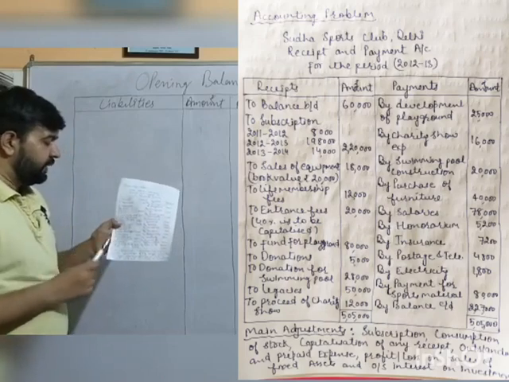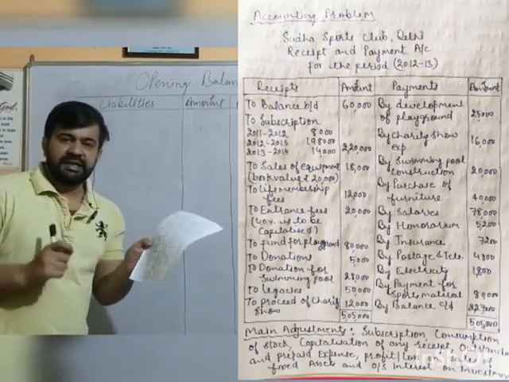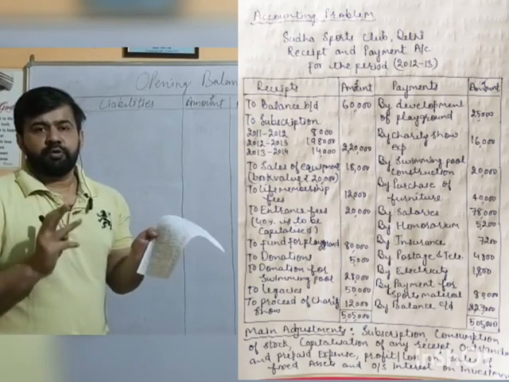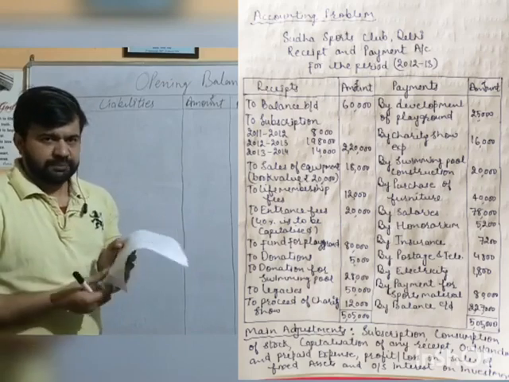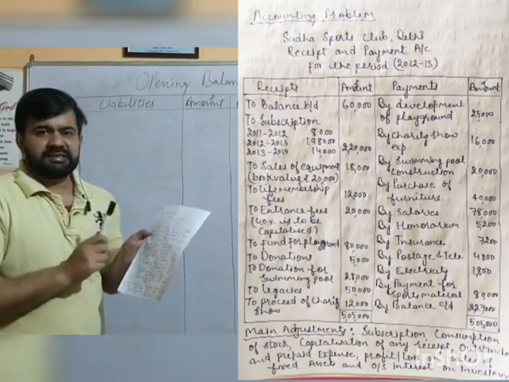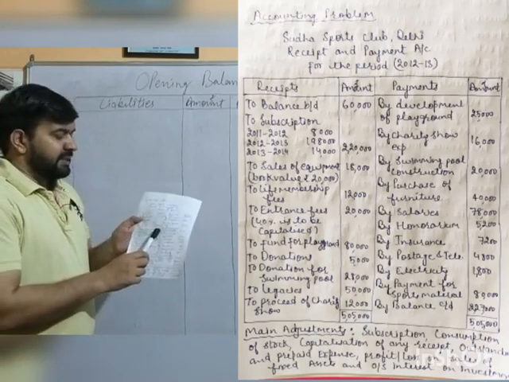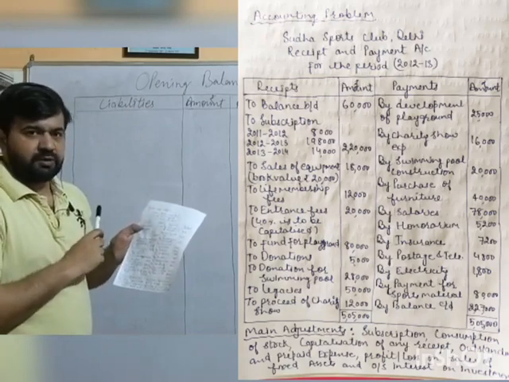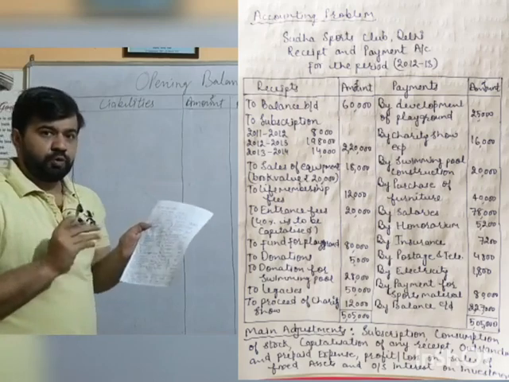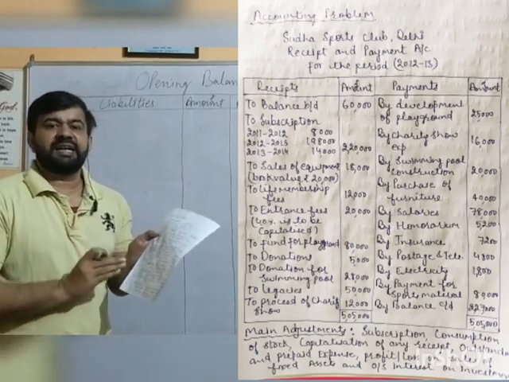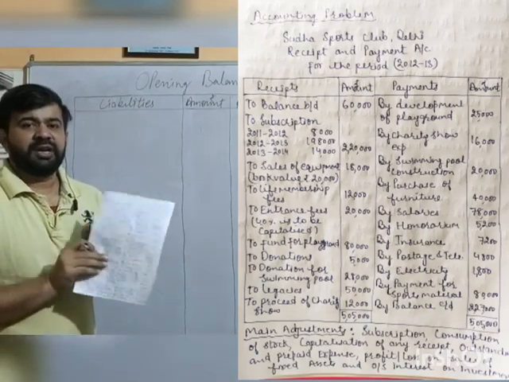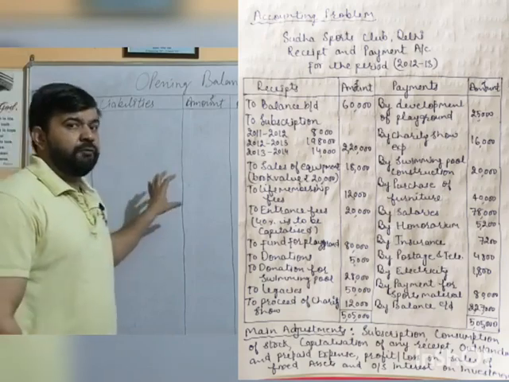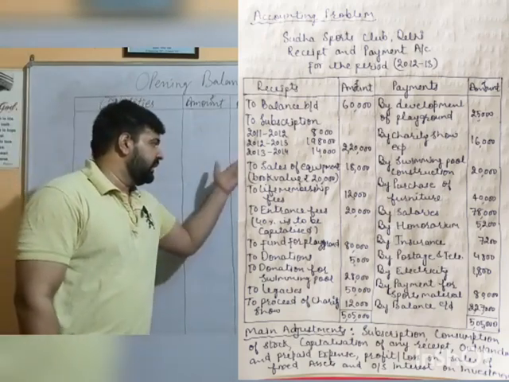Then we have sales of equipment, book value rupees 20,000 and sold for rupees 18,000. Here you have to consider three values: book value, sales price, and profit or loss on the occurrence of such a transaction. The book value is to be subtracted from the concerned asset in the balance sheet. The sales proceeds from the sale of such assets, which is 18,000, is to be shown on the receipt side of the receipt and payment account, and the profit or loss is to be shown on the respective side in the income and expenditure account. If we have a loss on sale of asset, we write it on the expenditure side, and if we have a profit, we write it on the income side of the income and expenditure account.